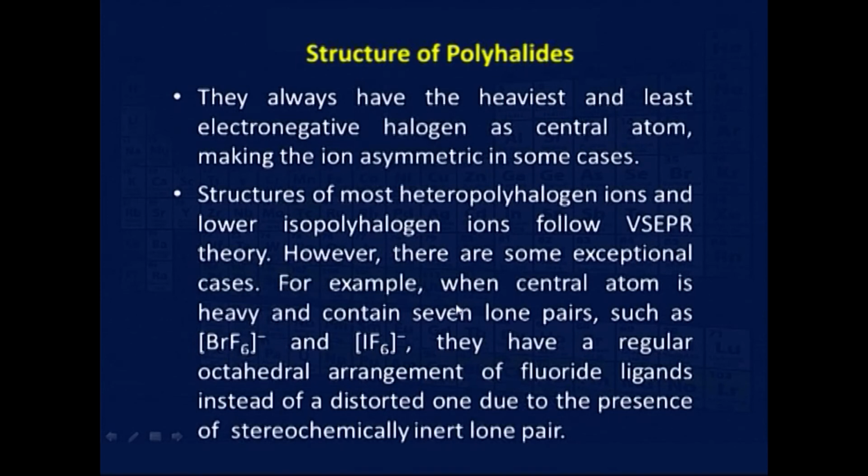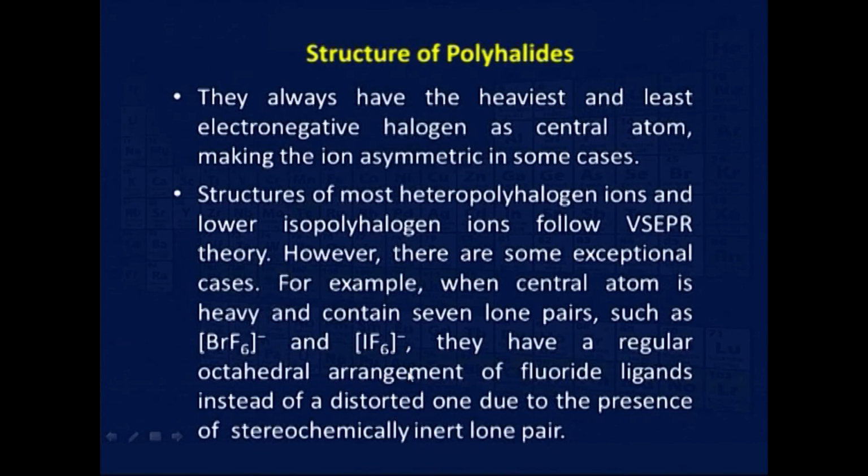However, there are some exceptional cases also. For example, when the central atom is heavy and contains 7 lone pairs, such as the bromine hexafluoride anion and iodine hexafluoride, they have a regular octahedral arrangement of fluoride ligands instead of the expected distorted one,